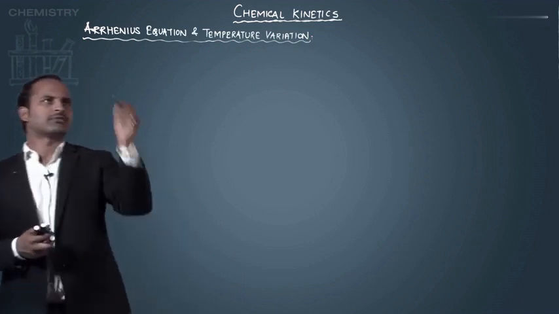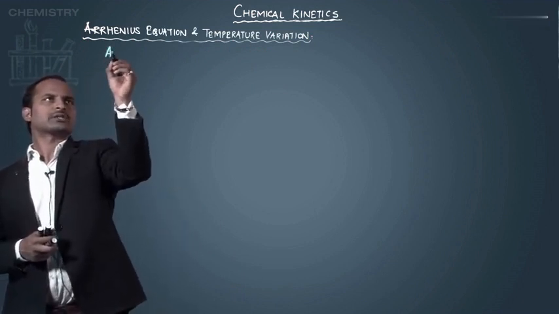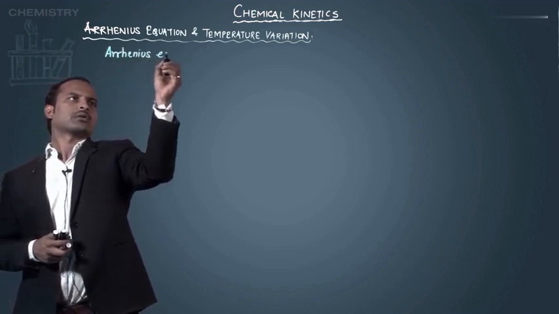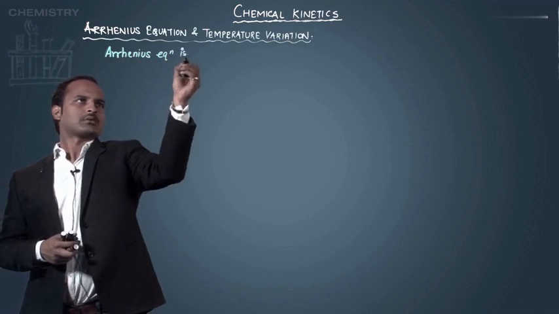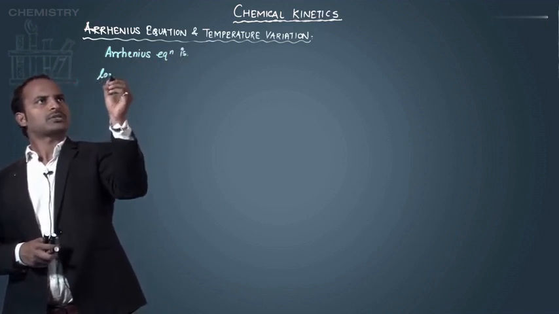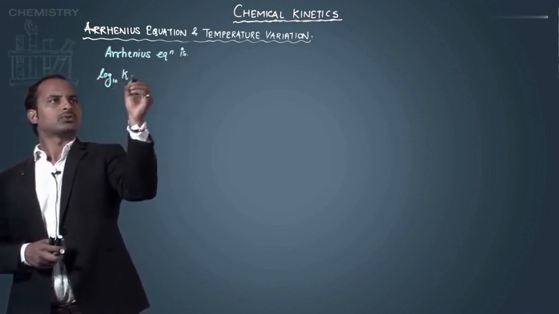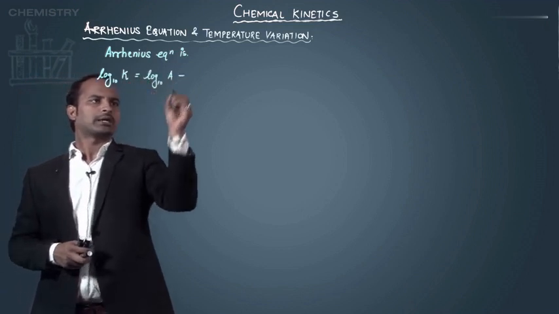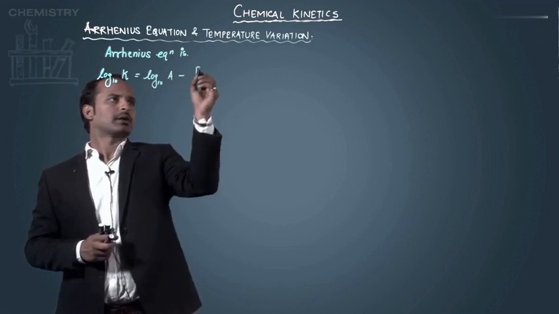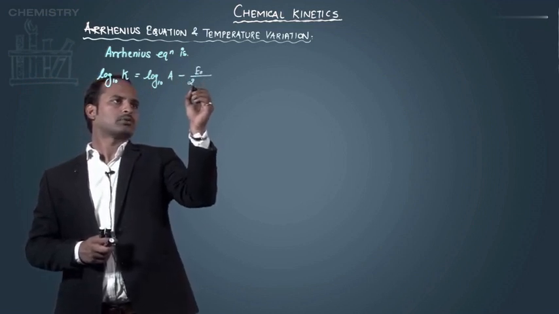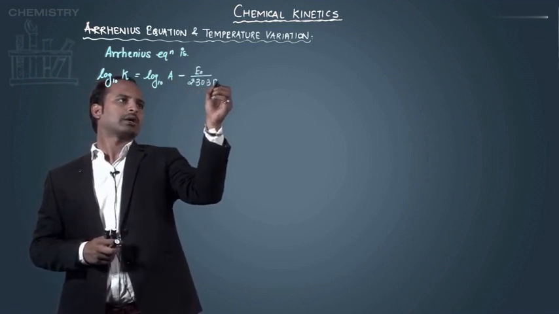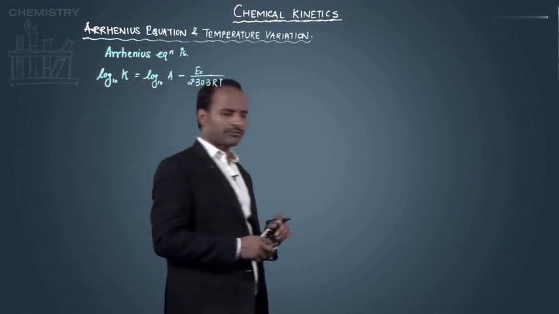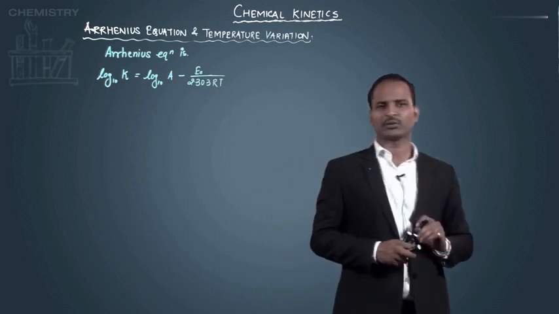We have our Arrhenius equation. So what is the equation now? The Arrhenius equation is log to the base 10 k is equal to log to the base 10 A minus EA upon 2.303 RT. Now let's say I am changing the temperature from T1 to T2,